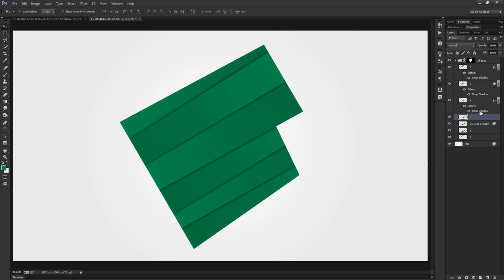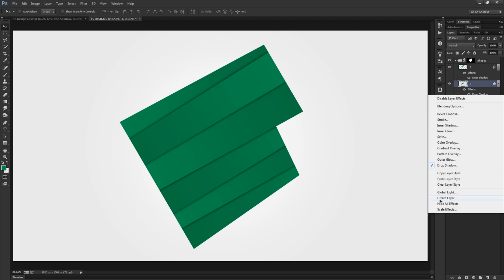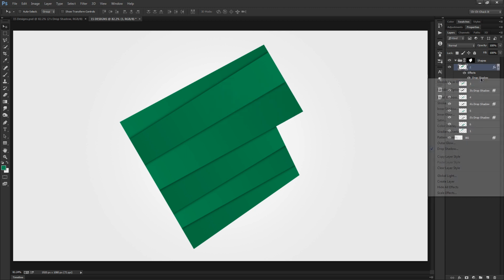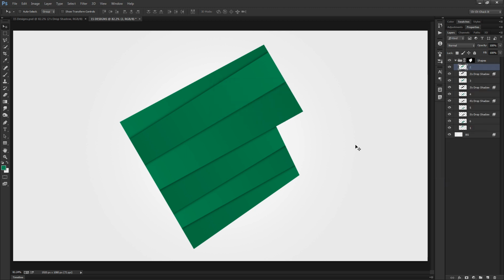Whatever, that's okay. So now just go ahead and do the same thing for layer 4. Create the layer, hit OK. Do the same thing for layer 3, and the same thing for layer 2. So from here on out, we are going to be manipulating these drop shadows to make them a little bit